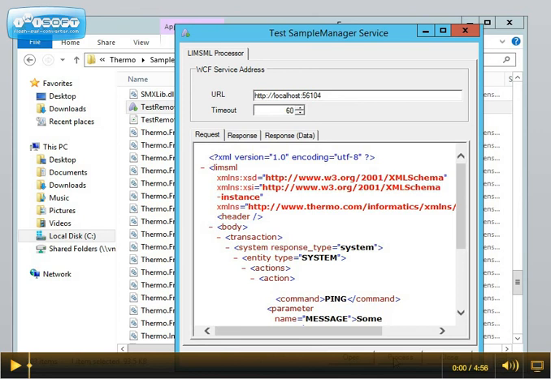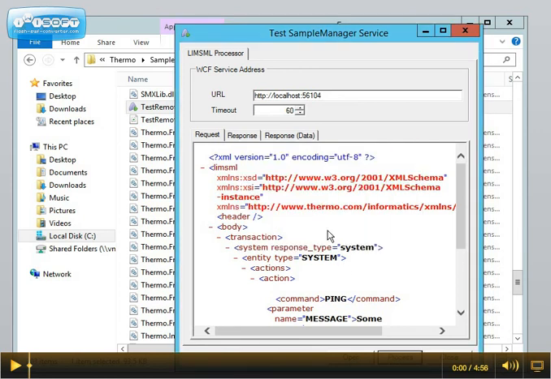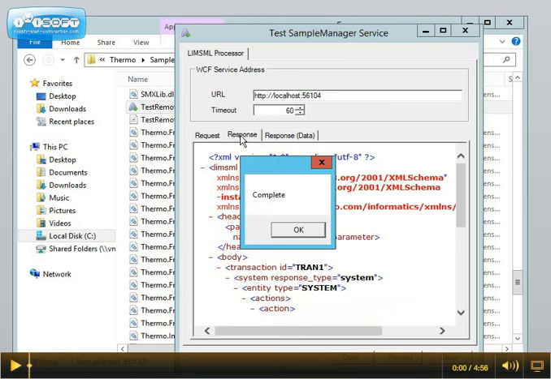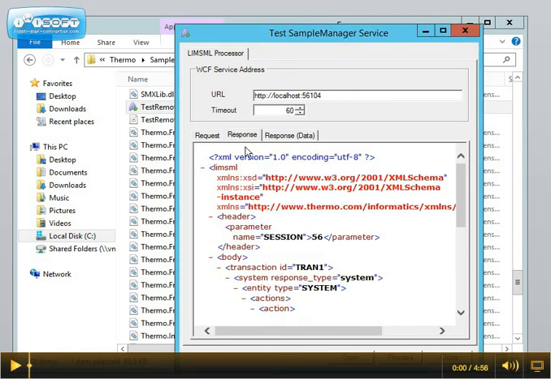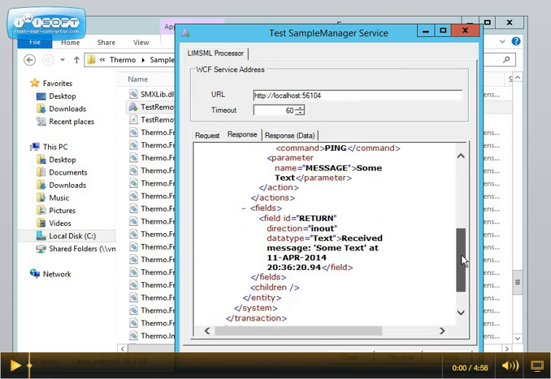XML structure. I click process, and of course I've got to authenticate first. And then after it authenticates, it's going to process, and it should show you complete. This is just a tool provided. You can see that the response was good. You can see that the fields came back. The only thing that it does on the ping test is give the timestamp. So let me show you another tool